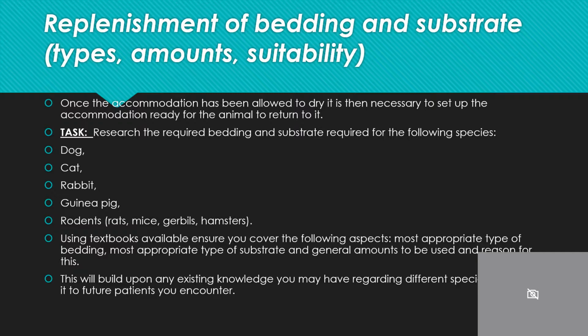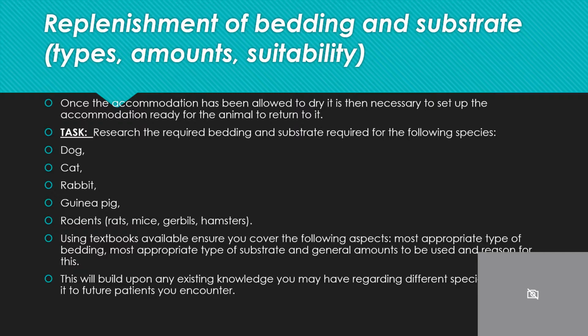What I would like you to do is complete the following task. I would like for you to research the required bedding and substrate required for the following species: dog, cat, rabbit, guinea pig, and also an overview of rodents. You can use the e-resources available to you, your textbooks, and what I would like for you to cover is